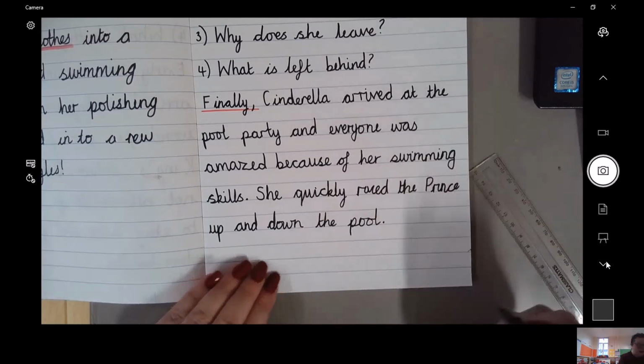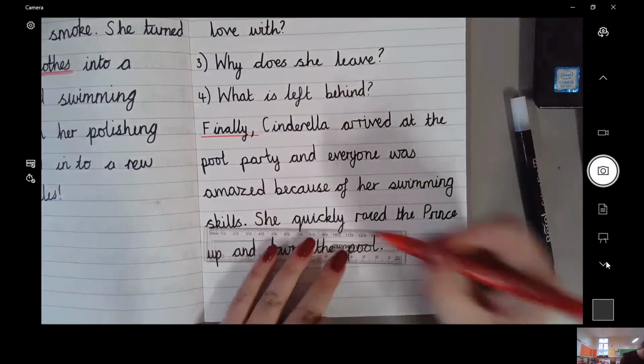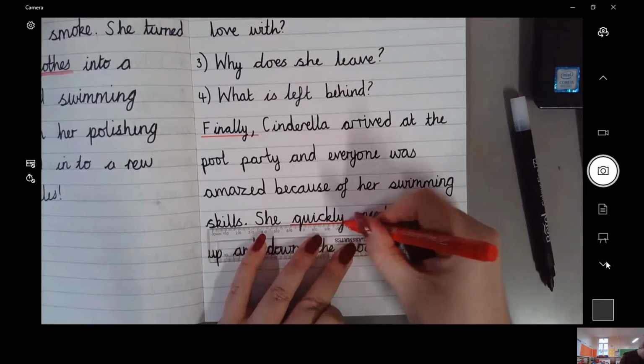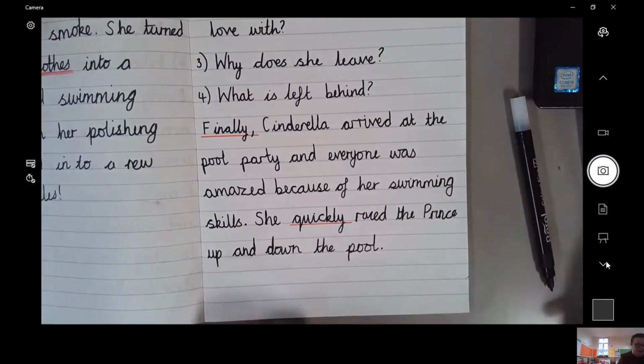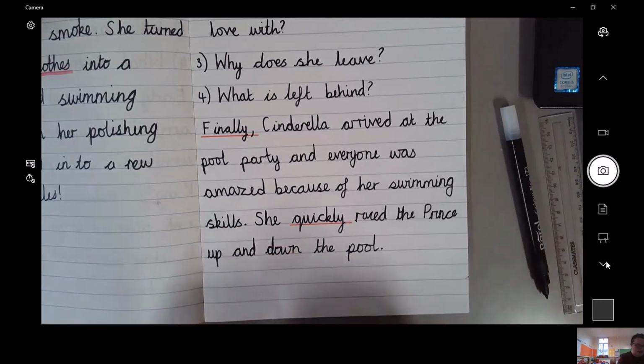Stop. And here I've used my adverb quickly. How did she race? Okay, I've got my verb. How did she do it? She raced quickly. It gives me added information, and I now need to say